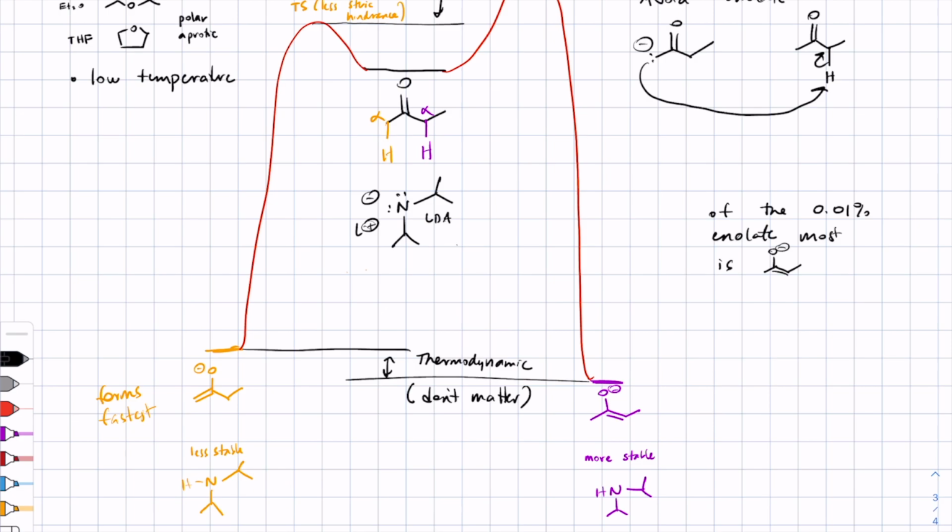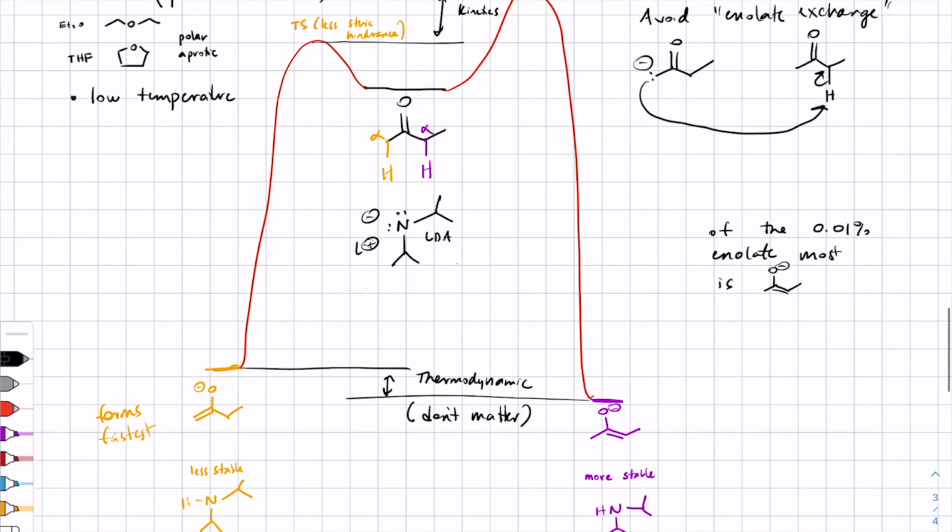And this is just a practical issue. We're going to assume that for your purposes, you don't have to write down all of these conditions every time you propose a reaction. We're just going to assume that that's the case. But I want you to be able to understand why your text puts in some details that may otherwise seem confusing. To avoid enolate exchange, you're going to use